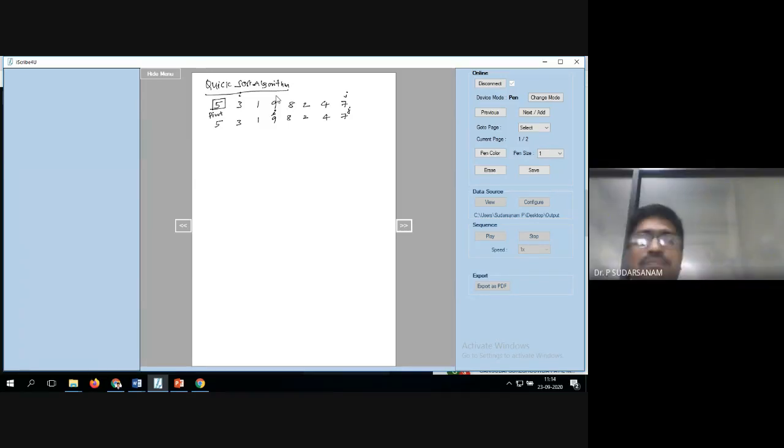First step, is anybody having a doubt now? 3 is less than 5, so increment the I value. 1 is less than 5, increment the I value. 9 is less than 5, the condition is false, so you stop here. The I location is this one, and this is for the next iteration. Write it up to here. I'll tell you the remaining thing.